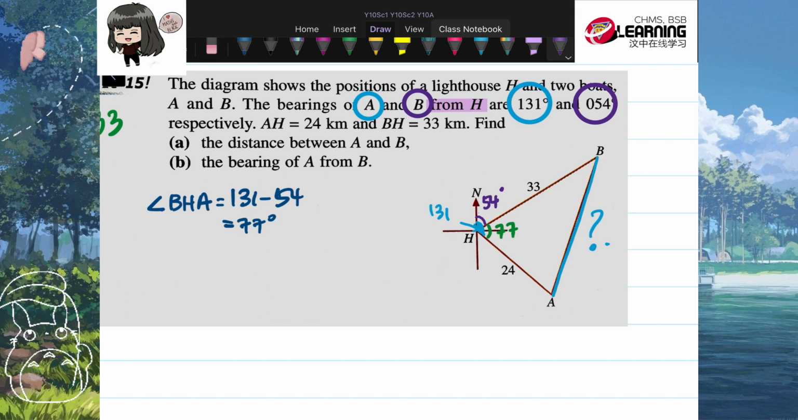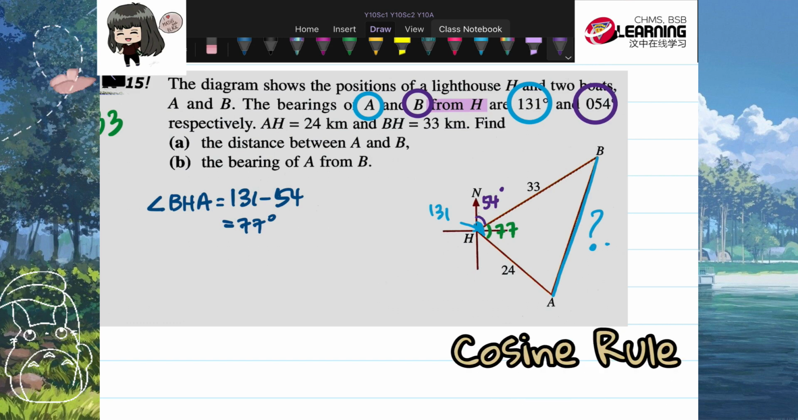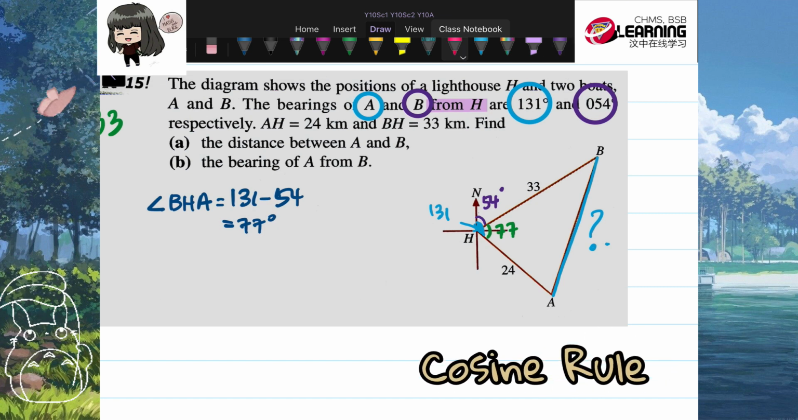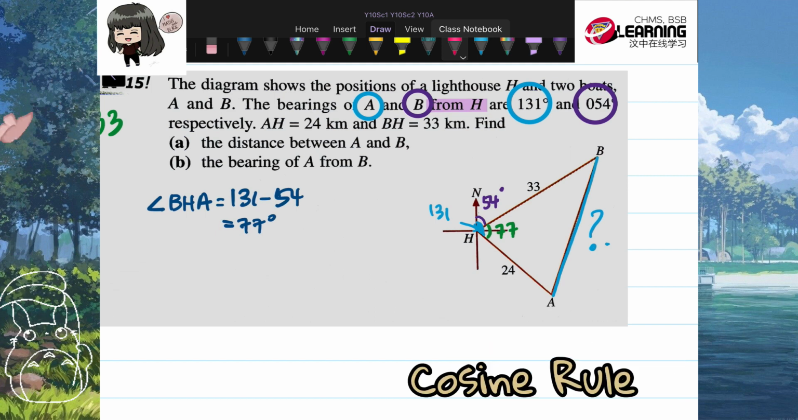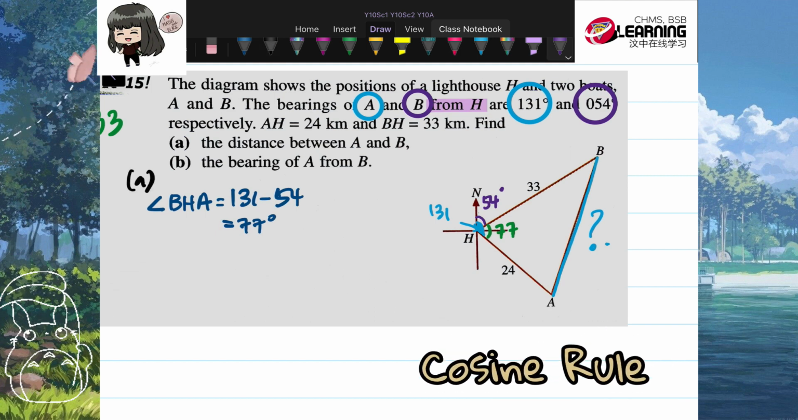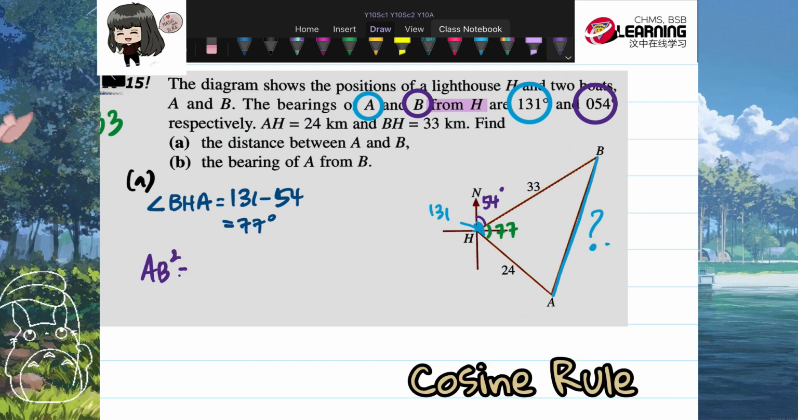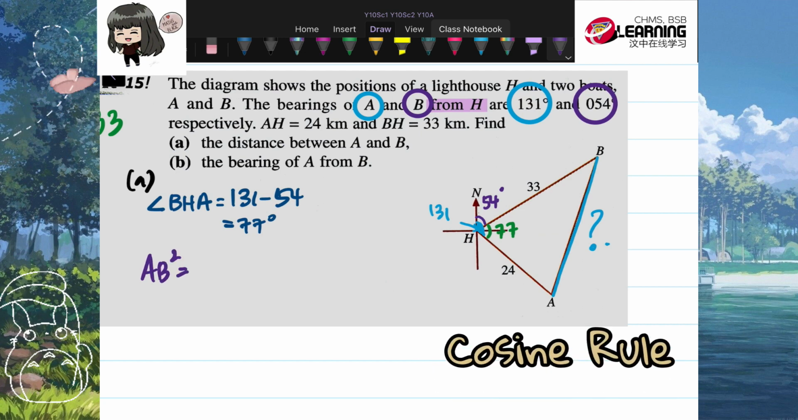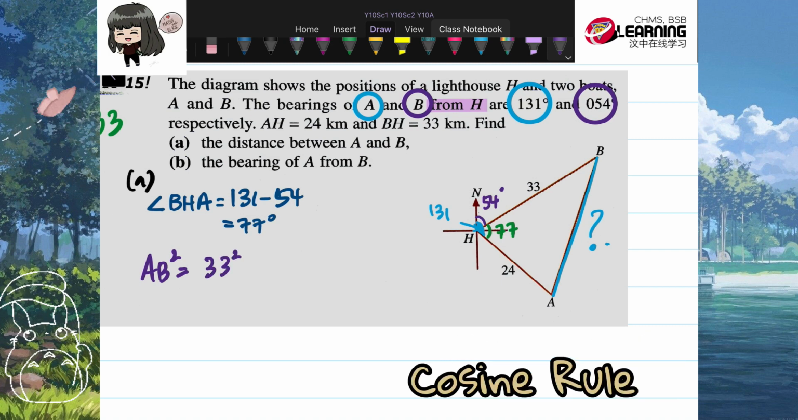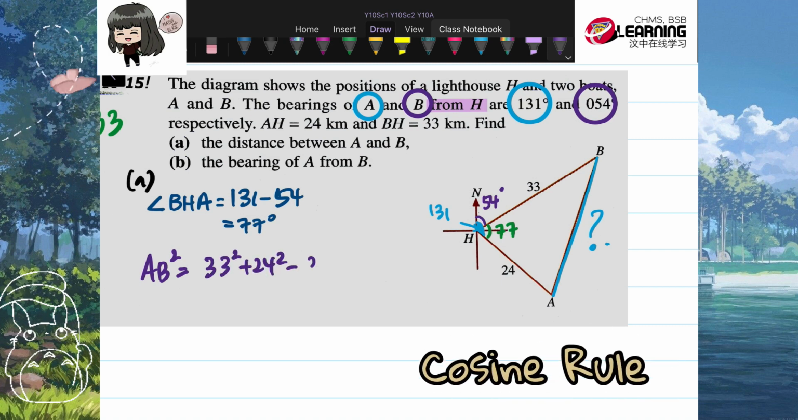Because in this triangle ABH, we can find the length of AB using the cosine rule. If you use the sine rule, you will have two unknowns, so we use the cosine rule. You can refer to the formula of your cosine rule. AB squared equals 33 squared plus 24 squared minus